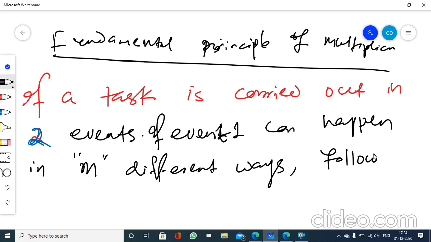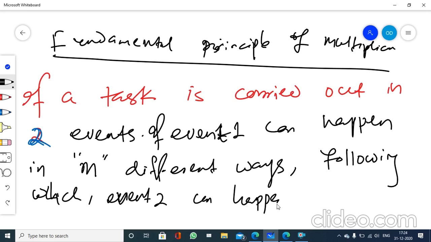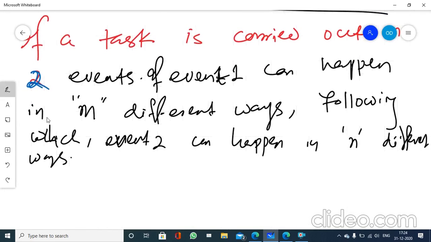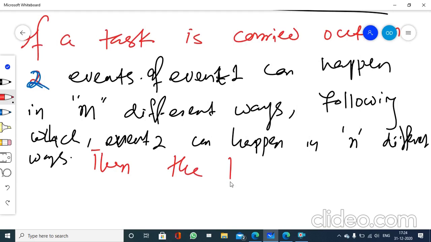following which. But guys, following which means what? Who can tell me? Following which means after event 1 has already occurred. Following which event 2 can happen in n different ways. Then the total number of ways the task can be completed